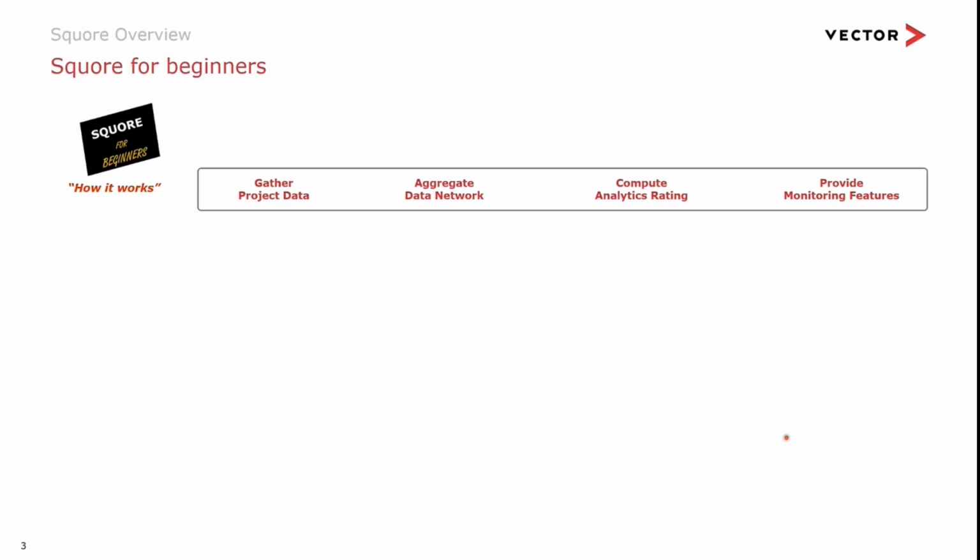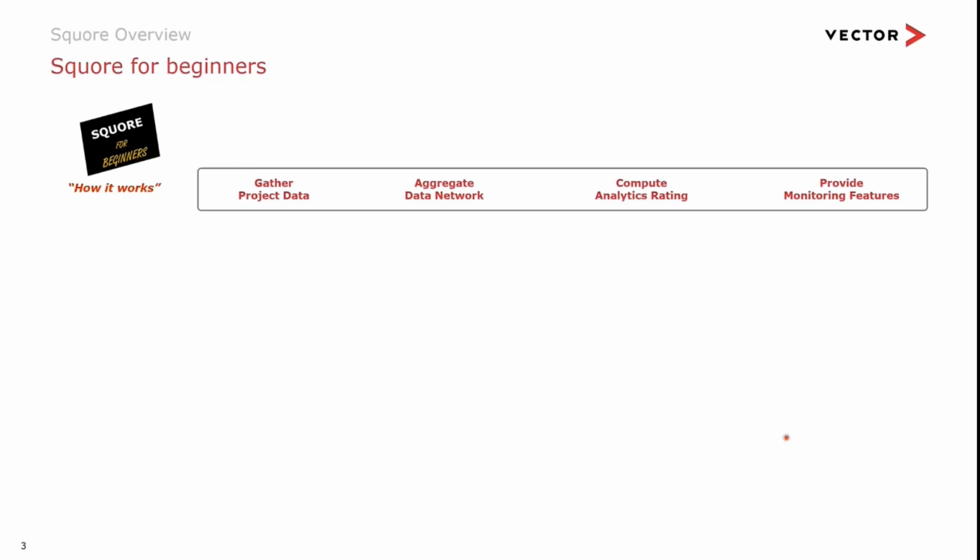The third step is to do the computation, and specifically the rating. So Squore is going to apply a rating model, an analytics rating model, to rate each part of the data network. Finally, once the rating is done on everything, it's time to monitor. So Squore is going to provide monitoring features on the project. You're going to be able to filter it, check the ratings, the trend, generate some reports,